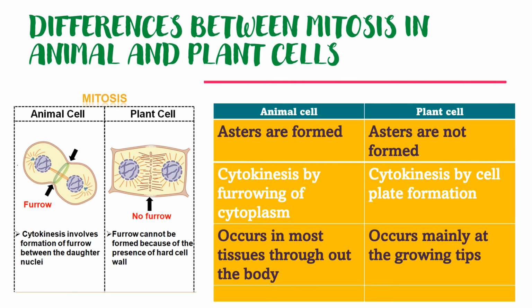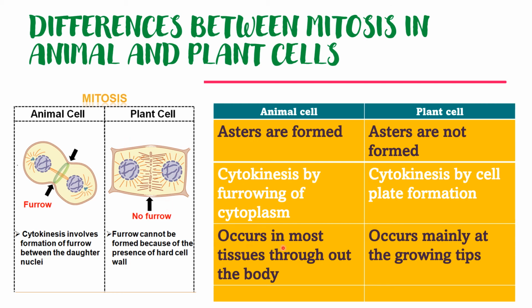What are the differences between mitosis in animal and plant cells? In animal cells, asters are formed, but in plant cells there are no asters. We know that animal cells have a centrosome, which consists of asters and centrioles, and this helps in cell division. But in plant cells, there are no asters. Then, in animal cells, cytokinesis is by furrowing of the cytoplasm, but in plant cells, cytokinesis is by cell plate formation. There is no furrow in plant cells because of the presence of a hard cell wall. Third point,